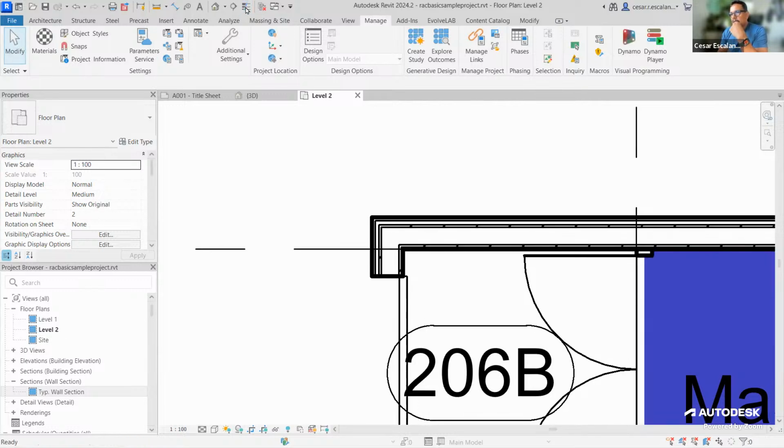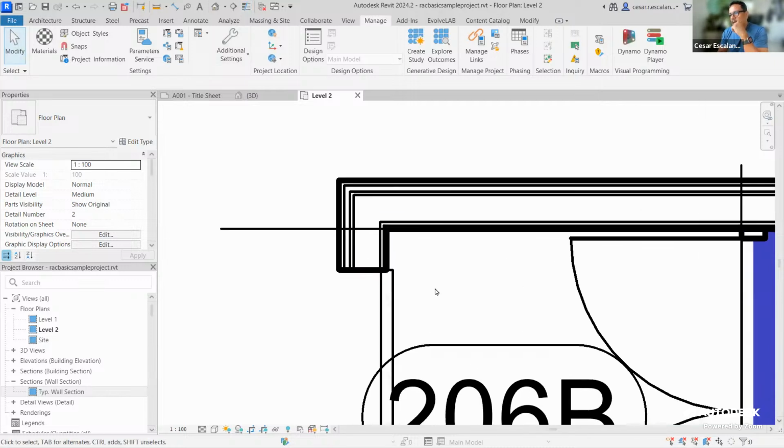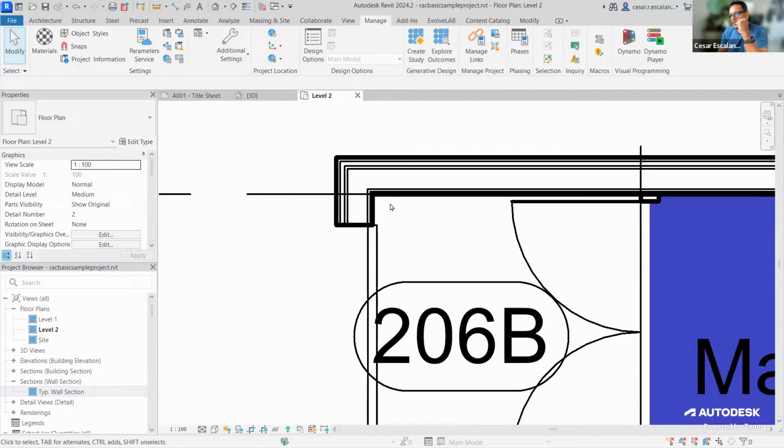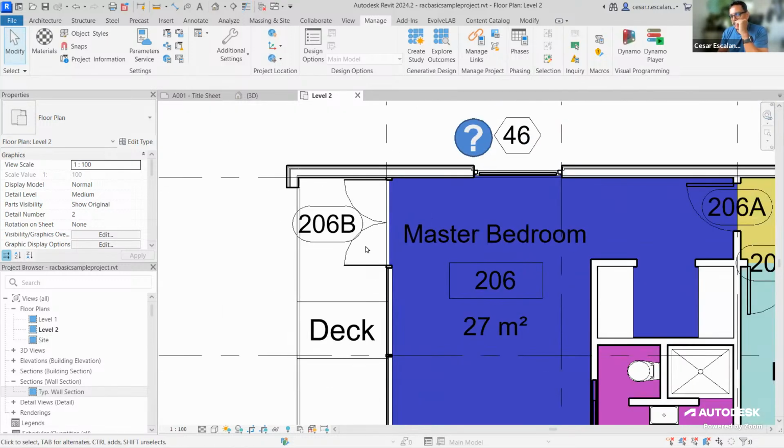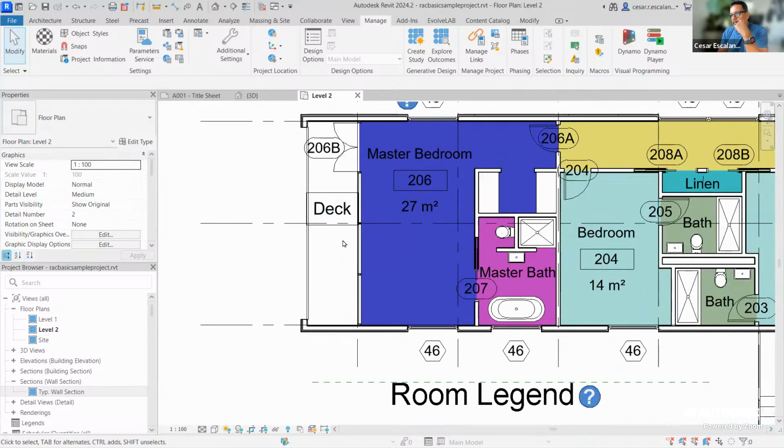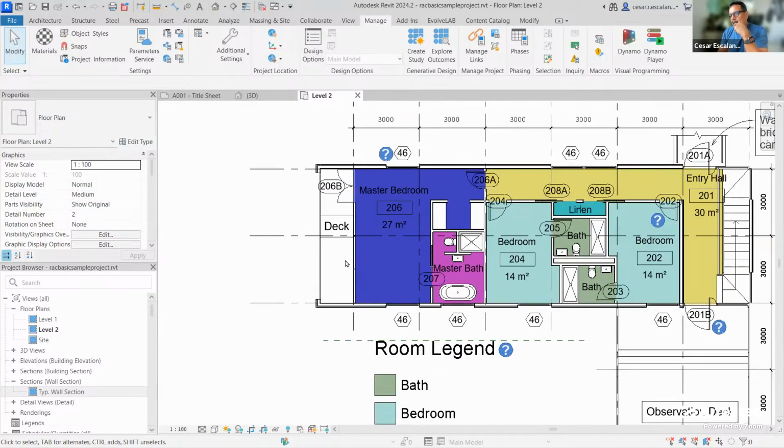when I disable the thin lines, it's right here. Thin lines disabled. The line weight that you see associated with the walls and the doors and all the elements in the project is defined by default in object styles. But